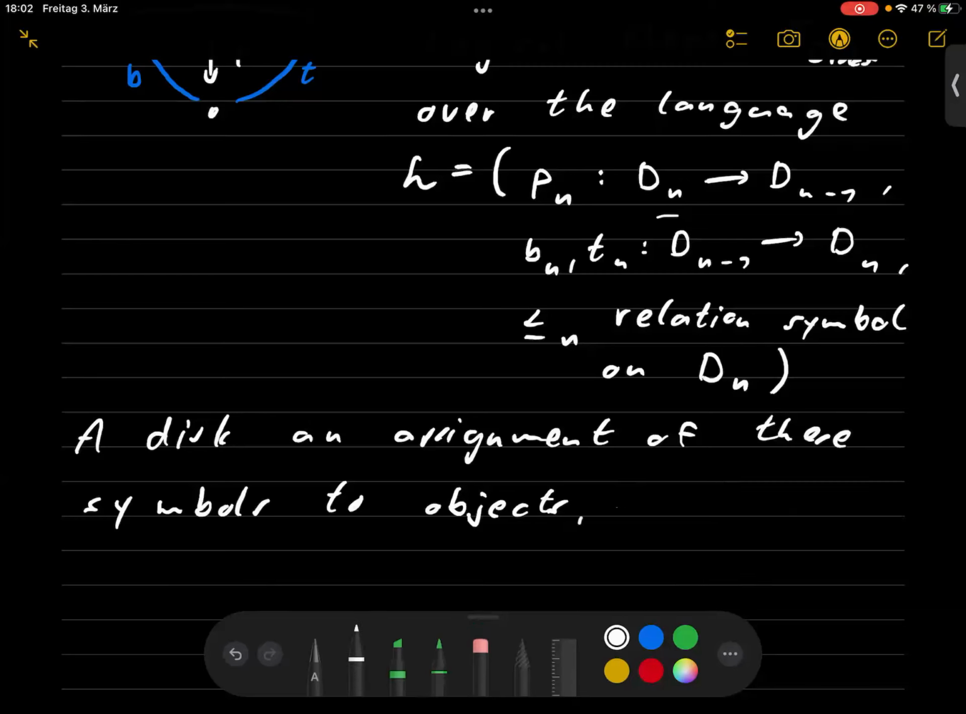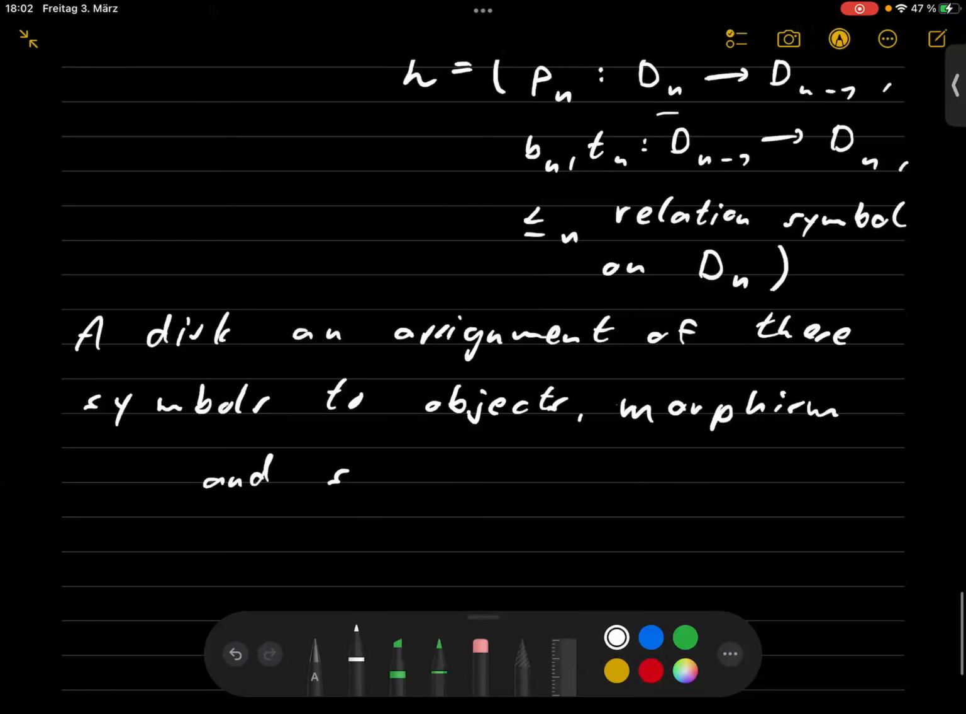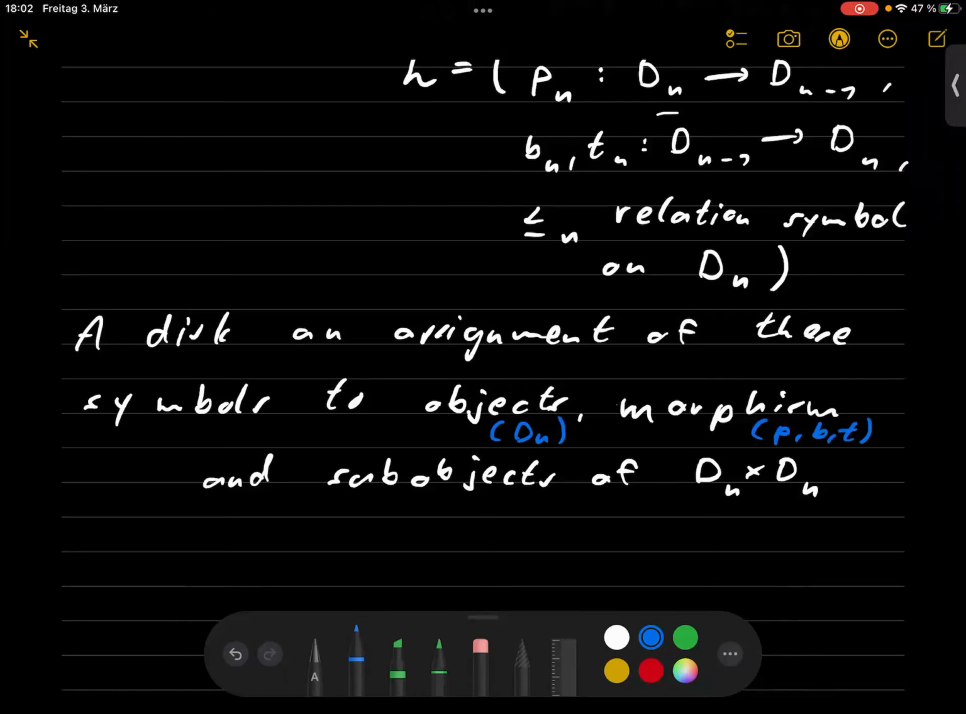Objects, morphisms, and sub-objects of the n cross itself. Here, namely, the objects are for the dn's, the morphisms are for the p, the b, and the t's, and the subobject is for when we want to say what the relation here means, and such that now